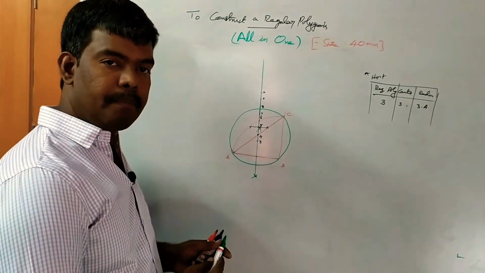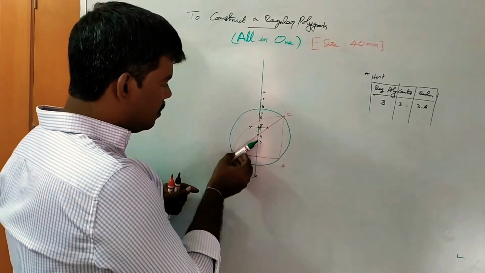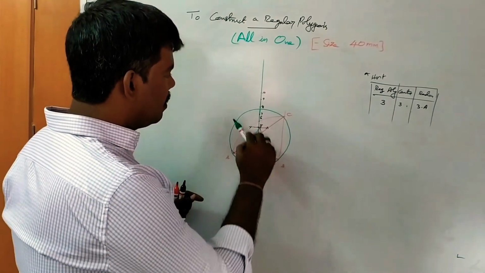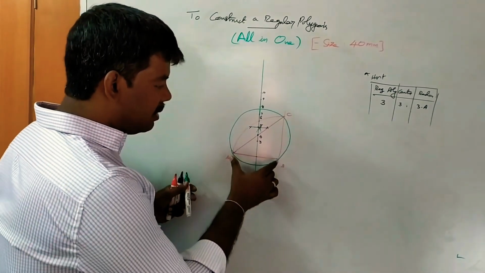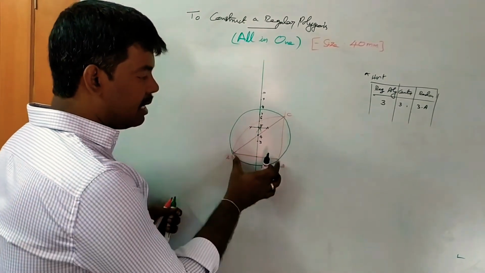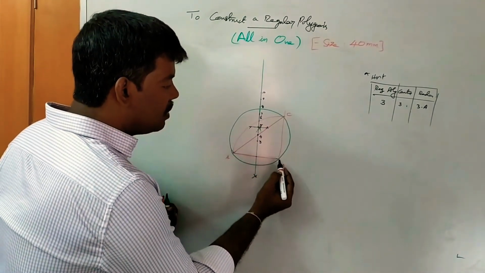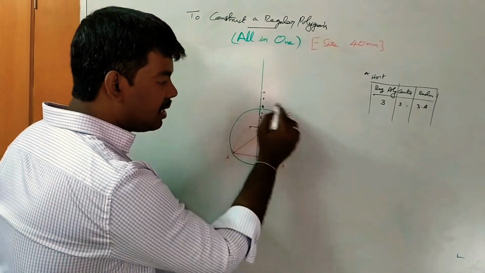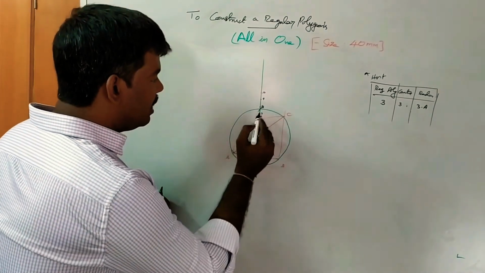Okay, after that, like this approximately. Next you take AB as the radius. AB size how much? 40. So already A to B is 40. So from B you intersect an arc on that curve, so it is intersecting here. Then you join